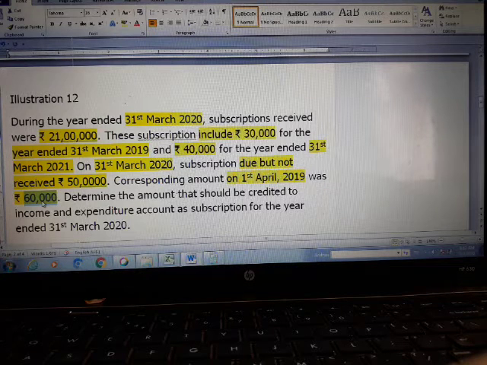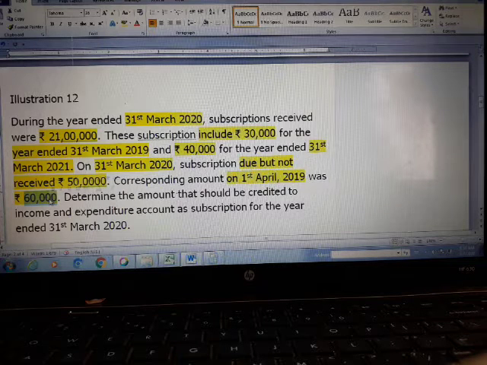We need to determine the income and expenditure account for the year ended 31st of March 2020. So what we need to do is, we need to first check out of this 60,000 which is outstanding for the year ended 31st of March 2019,